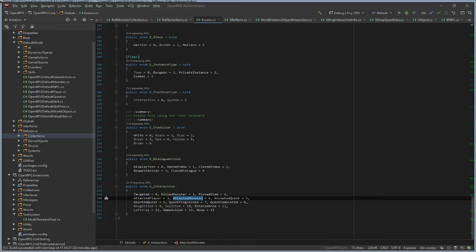If you attack a monster, you get this notification. If you accept a quest, abort a quest, progress on a quest or complete a quest, if you buy an item, sell an item, enter a new area, leave an area, and of course the game action. This one is number 13.